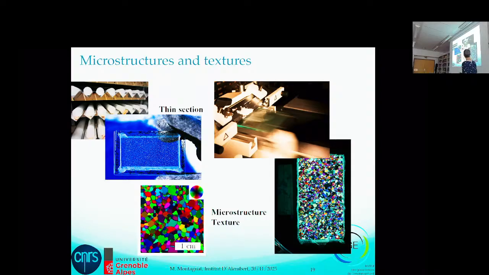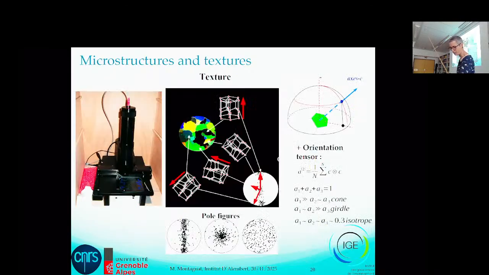So from this thin section of ice, and from observation between cross-polarizers, we can get access with a specific analyzer to the crystallographic orientation of the optical axis. Ice is a crystallographic material with a hexagonal crystalline structure, and the optical axis is the big axis of the hexagon. I'll come back to that, I think. Those are the information that we want to recover. So here is the crystalline texture of ice. This optical axis is the c-axis, the big axis of our hexagonal structure. And from this analyzer through the thin section, for each crystal, so each color here, we get access to one orientation of this c-axis. And it's quite good for us because